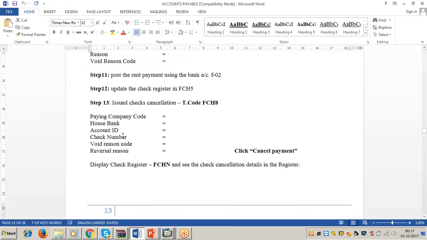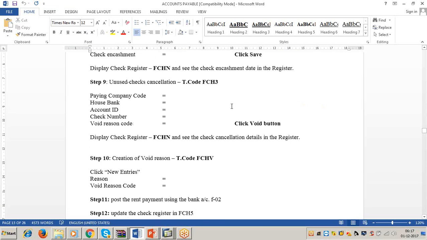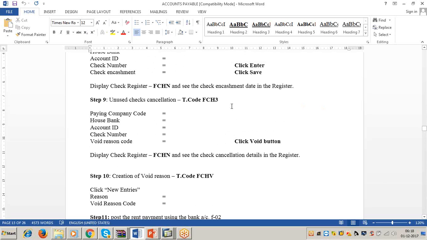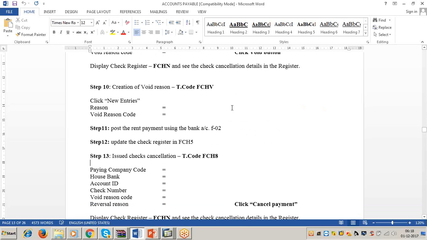Now I am going to show you how to cancel issued checks. In the previous case, we have cancelled unused checks, but sometimes you may have to cancel issued checks. So you might have issued one check to the payee, to a third party, and before it is collected from the bank, you can cancel it.